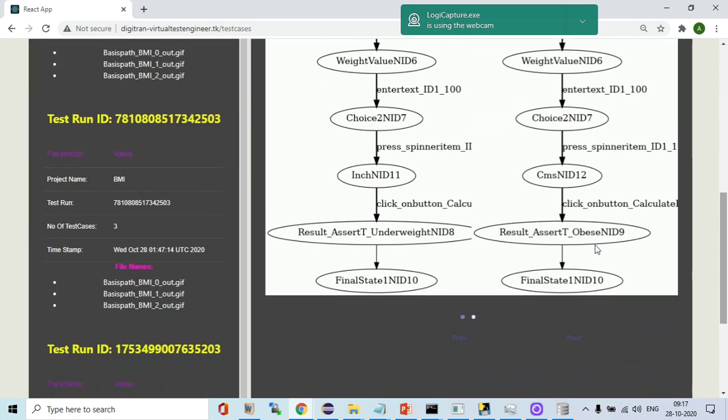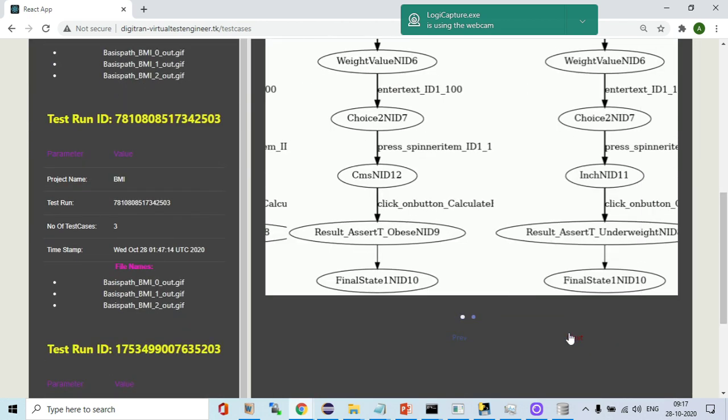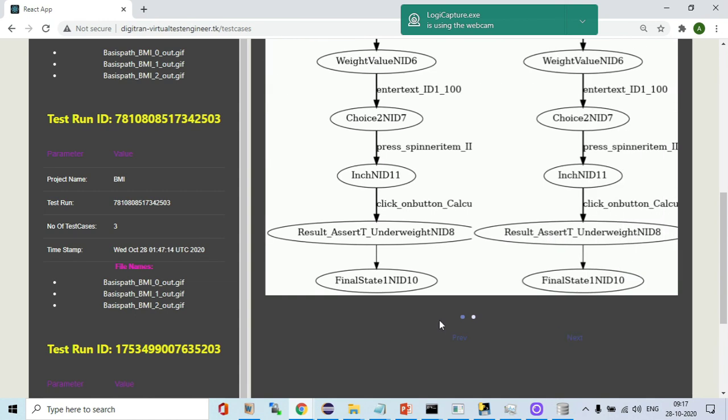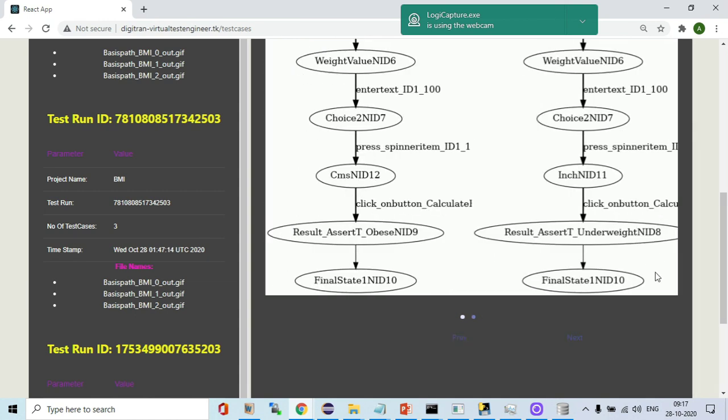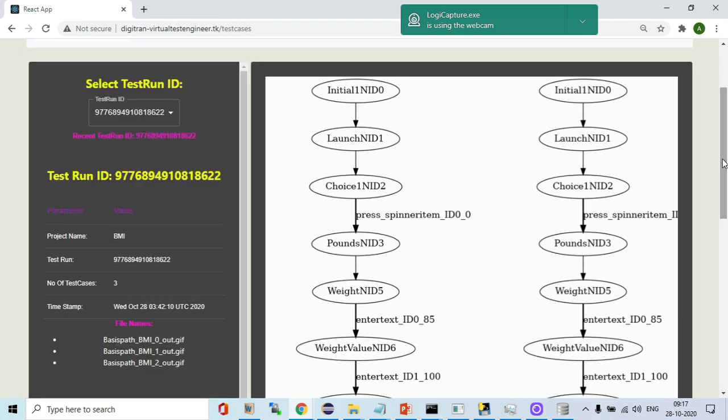You can move next, previous also, or you can leave it as it is. Then it will keep rotating. At the same time, we'll see other test cases also.